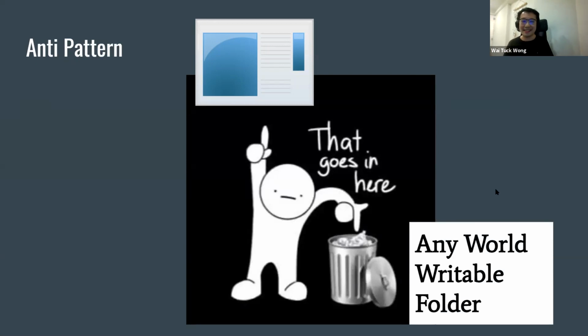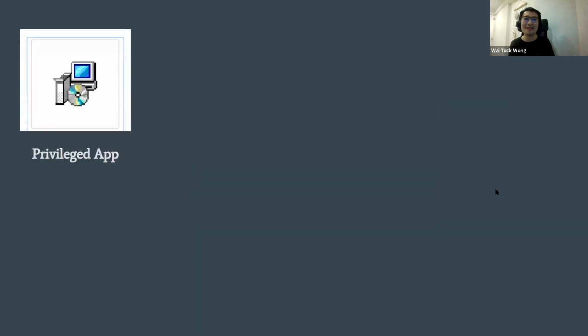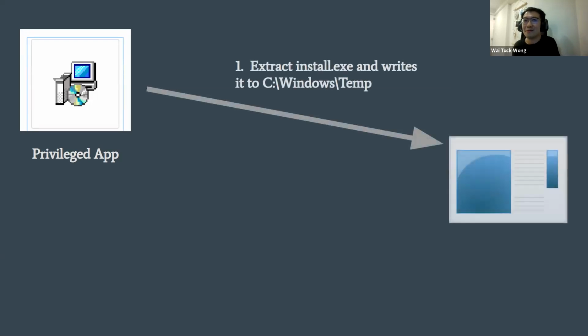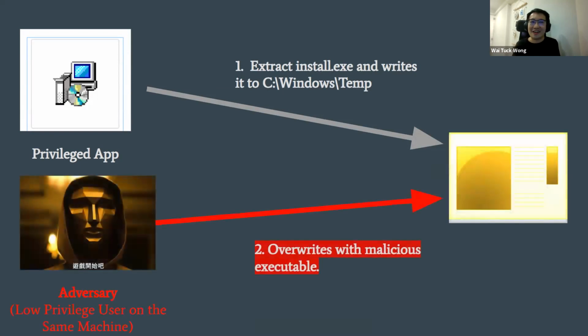So to put the attack scenario in a more concrete manner, let's say you have a privileged application, for example an installer, and you need to install this other subcomponent. So you extract it into Windows 10. Everything looks good, except that it's writable. See Windows 10 as the most writable place in Windows. And you're an adversary,